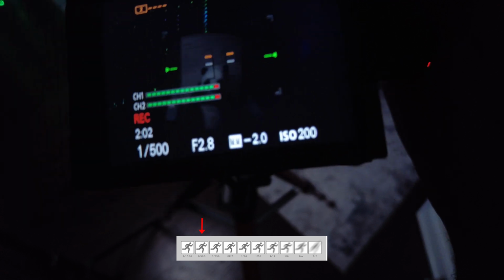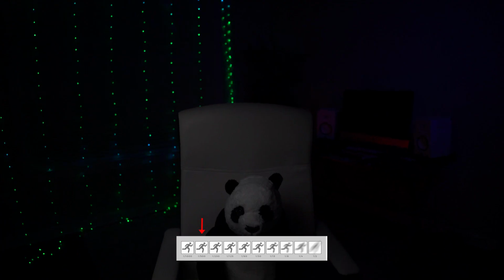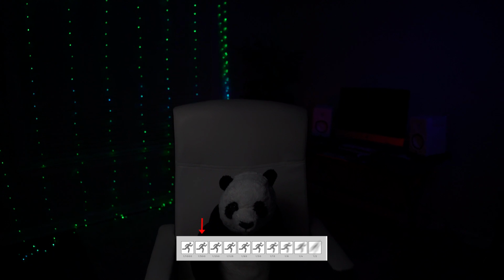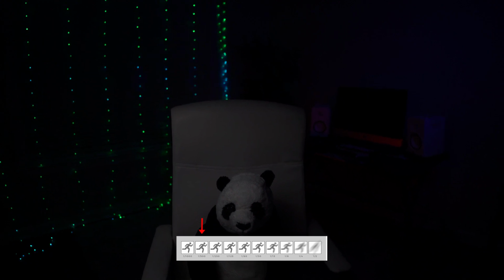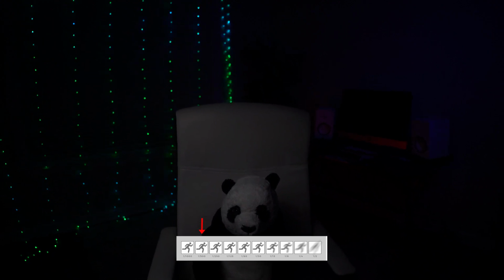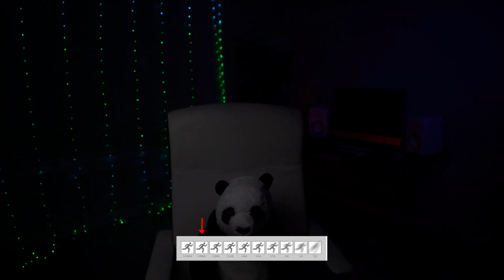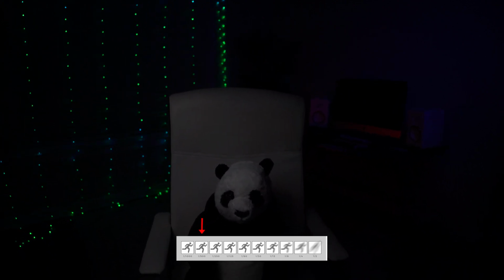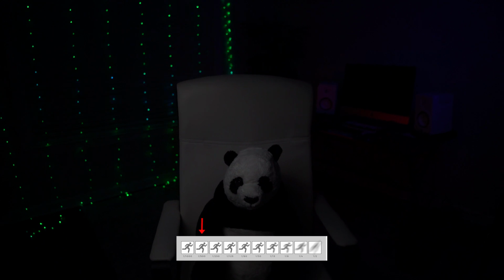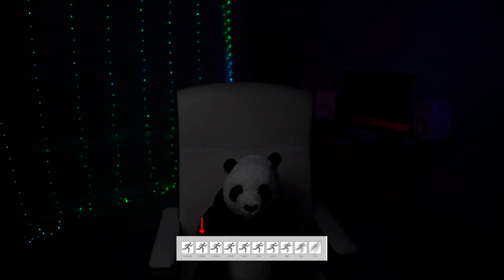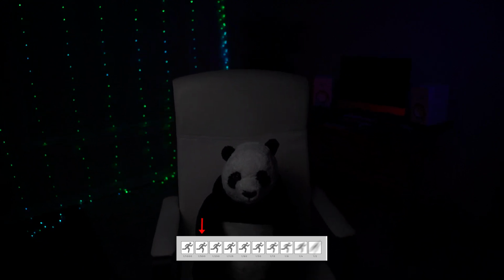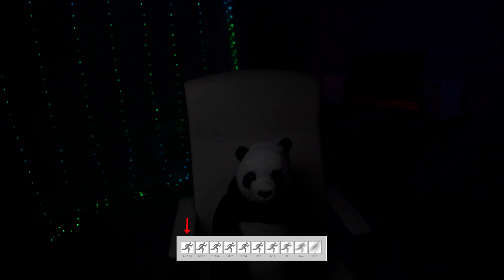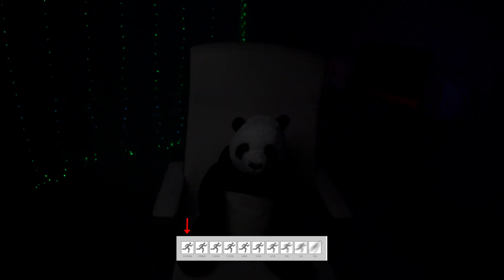You probably can't tell right now, but it is getting a little choppy. And as you can see, the lights in the back, they're kind of flickering. They're flickering because even though they're LED lights, they're fairly cheap lights. So when you cut the shutter speed up, it may cause a flicker in some cheaper lights. But we're gonna go from 1/500 to what comes after 500. You guessed it, we're doubling. So we're gonna go to 1/1000. We're gonna stop at 1000. So as you can see,